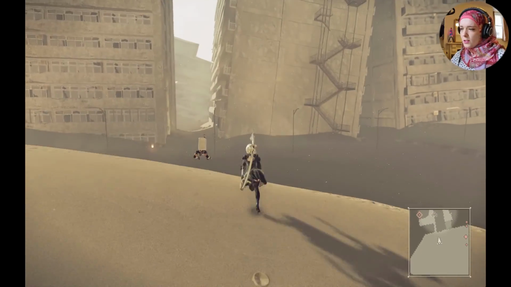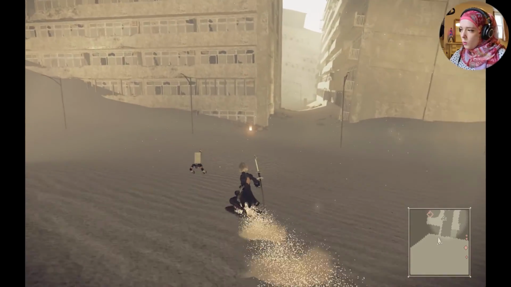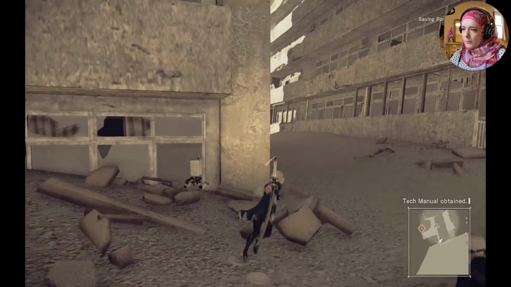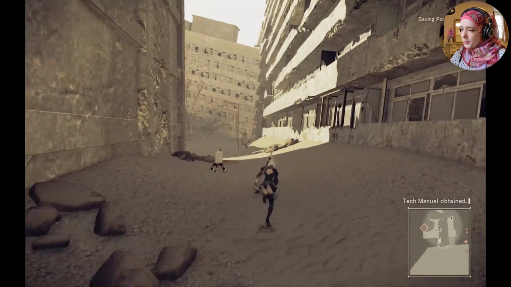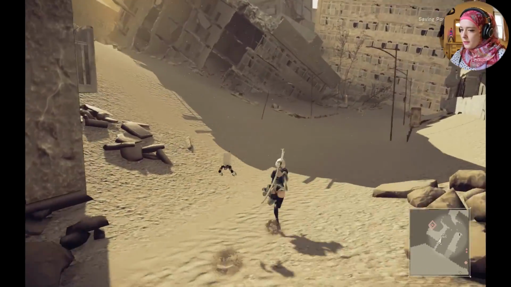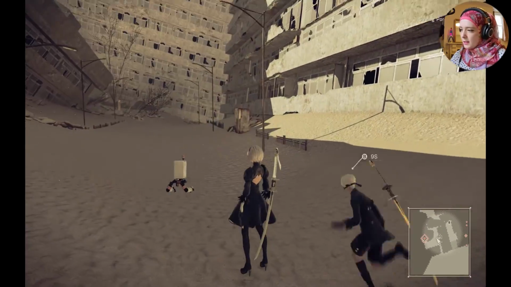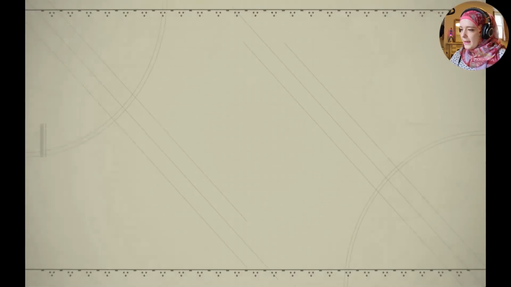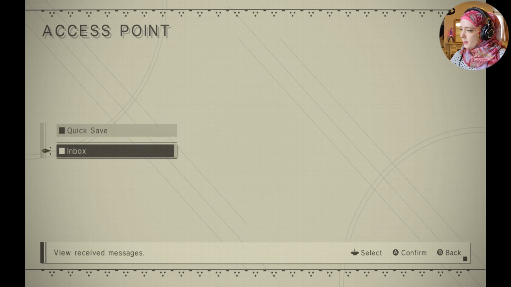So on the way out, we'll try and figure out exactly what that route is. It is fun to come back to these old places now, perhaps with a little bit more experience, but a better understanding of the world. The quest is off to the left, it seems. I do wonder, is there a way to fast travel? No, you just got inbox and...